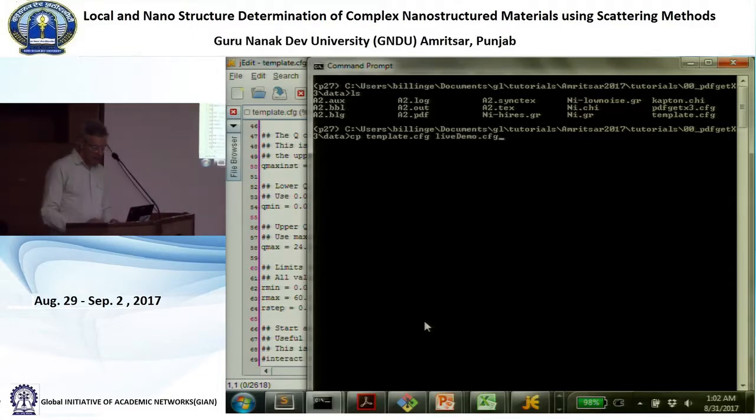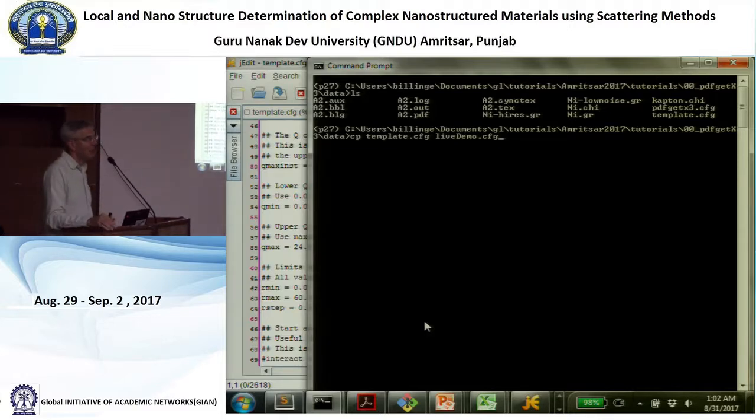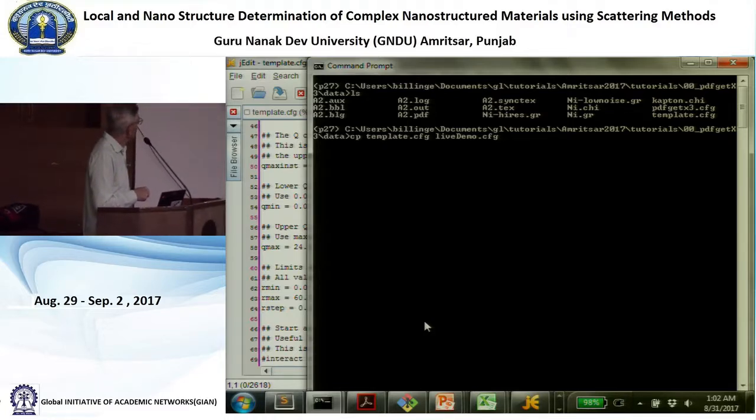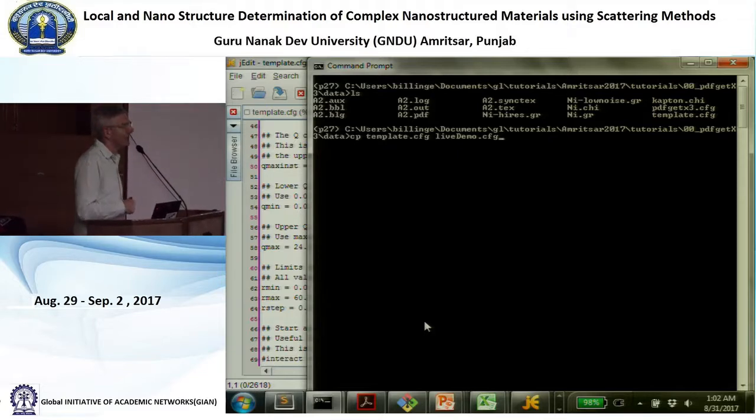demo.cfg. A word of advice here is that it's easier for humans if your file names have spaces in, but it's easier for programs if your file names don't have spaces in. So if you want to avoid headaches in the future, make a file name without spaces in it. So I'm going to call it liveDemo, and I'm using what in software programming we call camel case. So you all know what a camel is, right? It's this kind of animal which has a hump in the middle. And you can see that